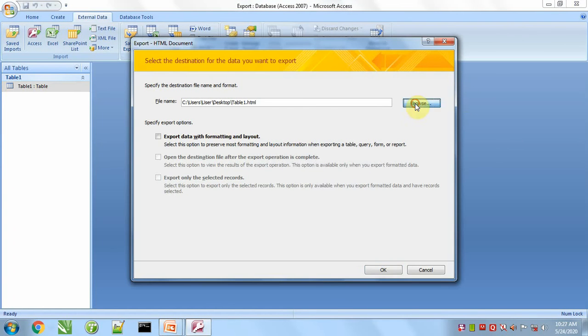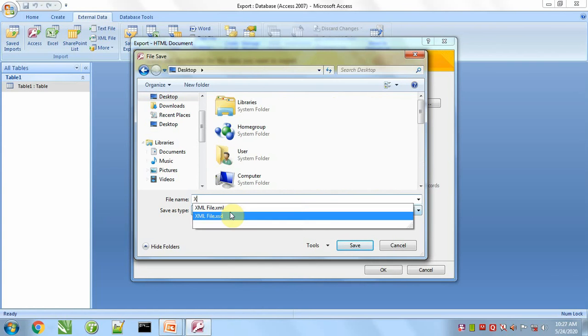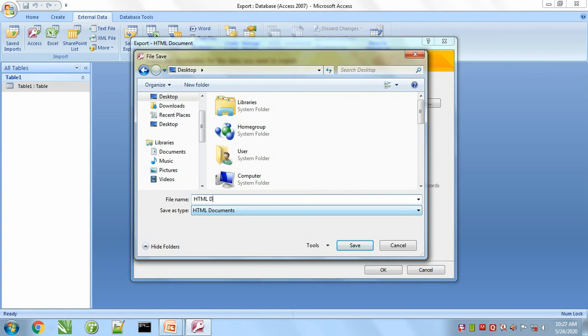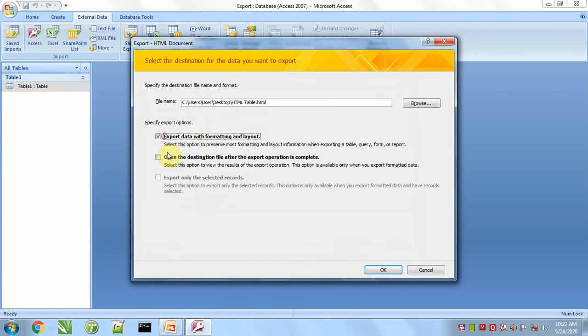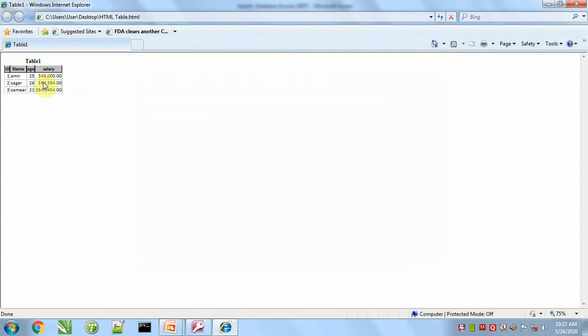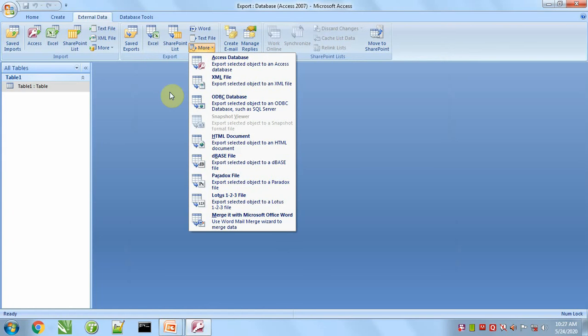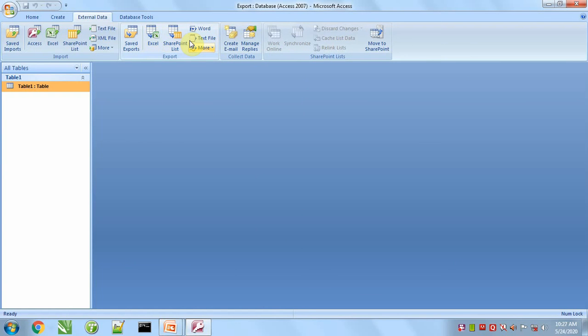HTML document, same thing will happen over here if we check all these options. Formatting and file is open. So like this, with the help of all these options, we can export Access data in various formats.